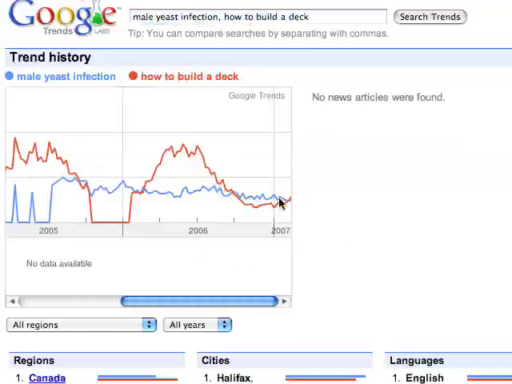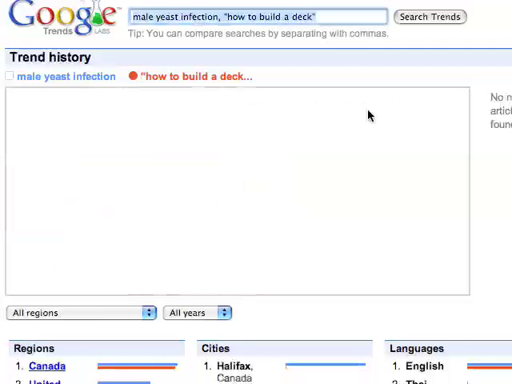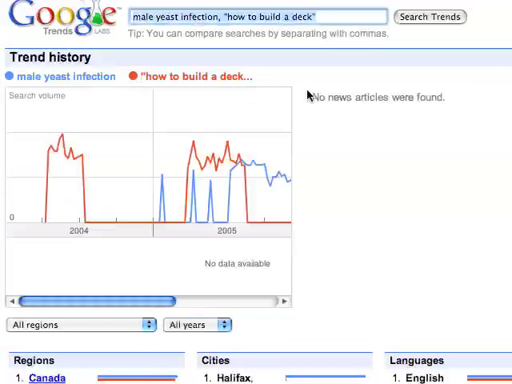You can see that at the current time, off season, we would expect traffic of around about 500 page views a day, because it's nearly the same as our baseline male yeast infection keyword. And in the peak season during the summertime, we would expect probably nearly twice as much traffic. Now, in this case, if we look at the phrase match traffic estimation from Google by putting inverted commas around the key phrase,